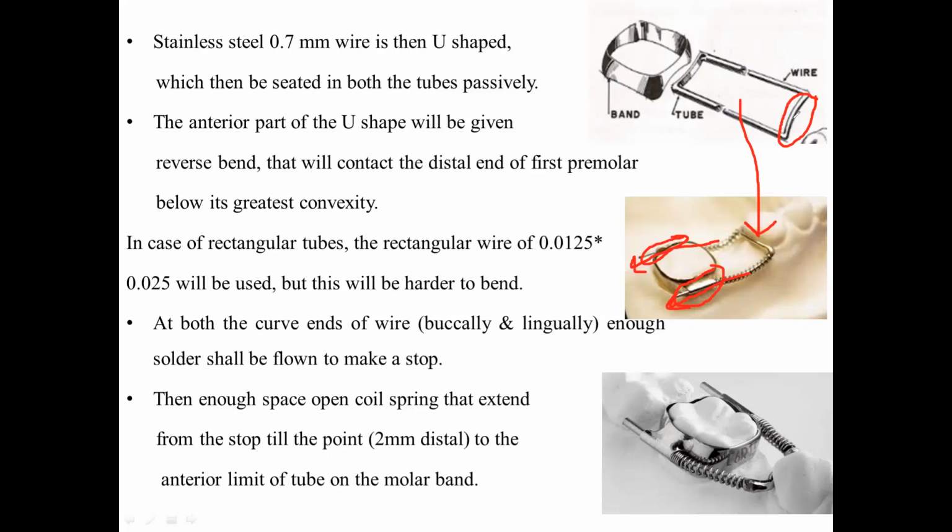The anterior part of the wire is given some U-shaped reverse bend. And this U-shaped reverse bend will be resting over the first premolar, or in case of a deciduous tooth, if it is present, then it will be resting on your deciduous first molar. So this way we fabricate the appliance, we give the appliance to the patient's mouth, and what this appliance